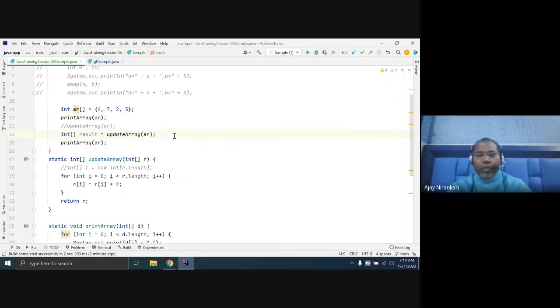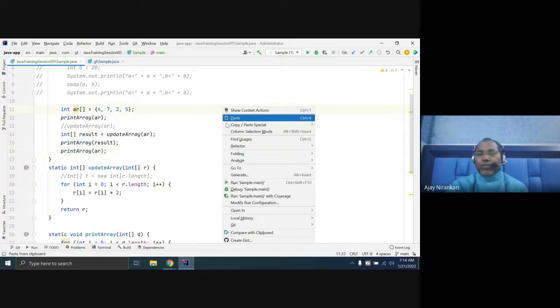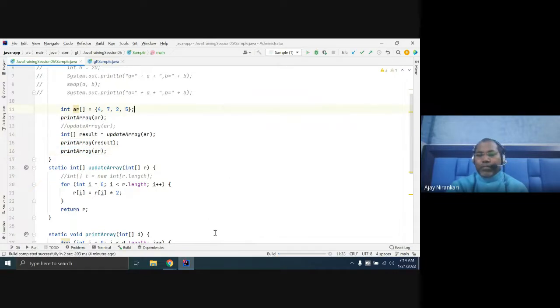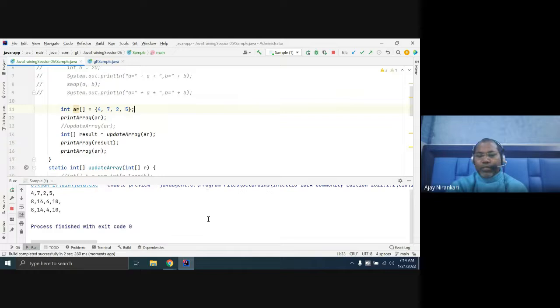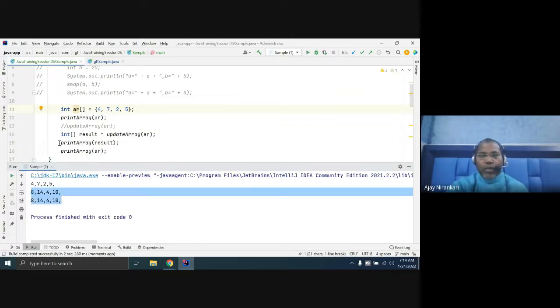Both return the same output, because the result variable and the AR variable both refer to the same array.